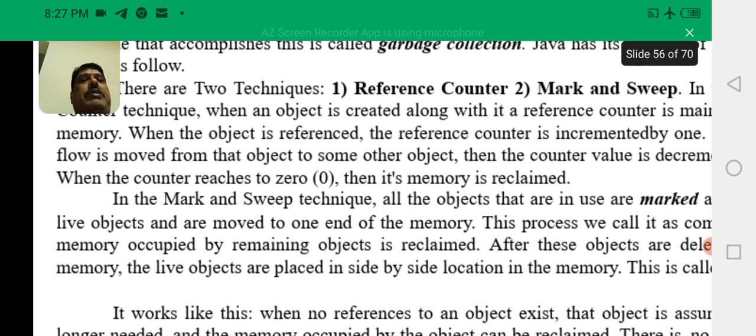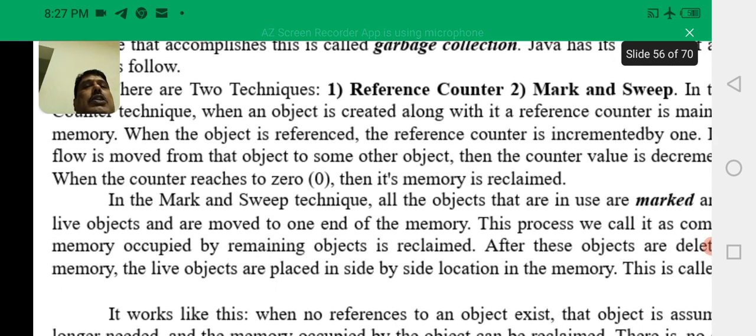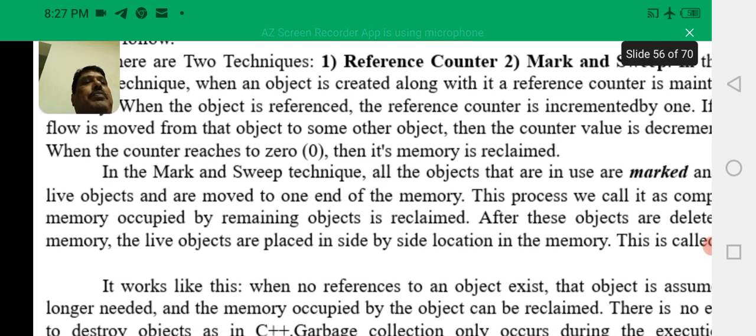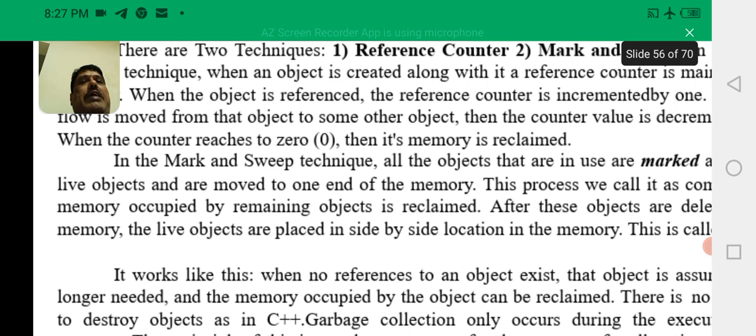In the mark and sweep technique, all the objects are marked and they are moved to one end of the memory. This process we call compaction, and after this, the live objects are placed one by one in the memory.